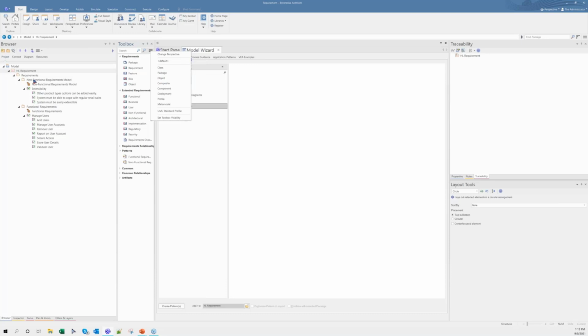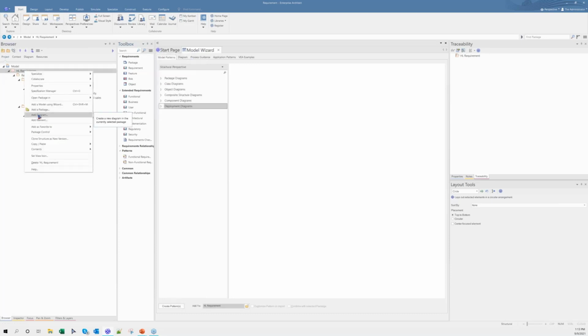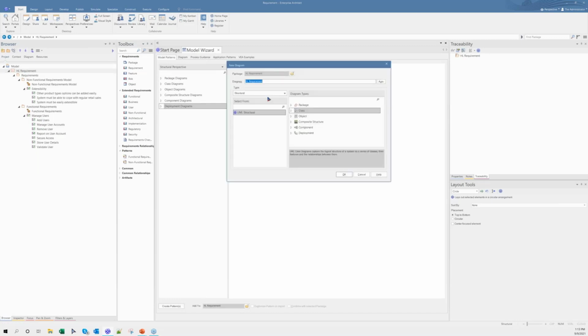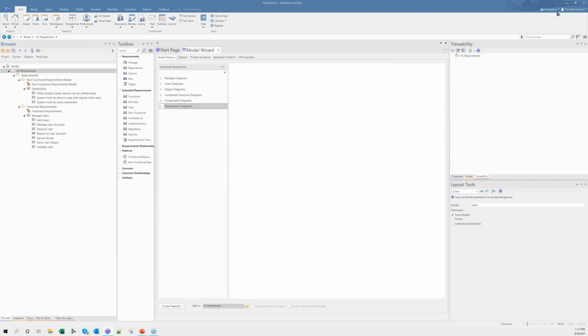Similarly, if I try to create a diagram from a diagram dialog, you can see the perspectives is restricted. So if I restrict a perspective at a high level from here, this is getting applied in the model wizard and in the toolbox as well as in the diagrams.